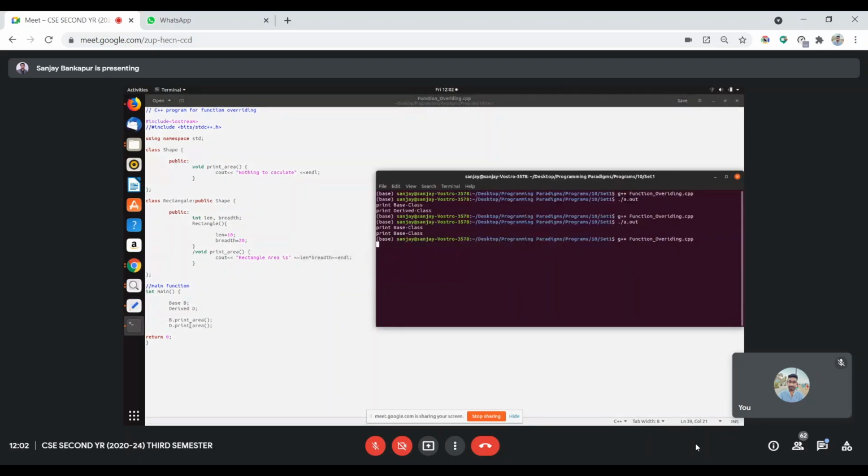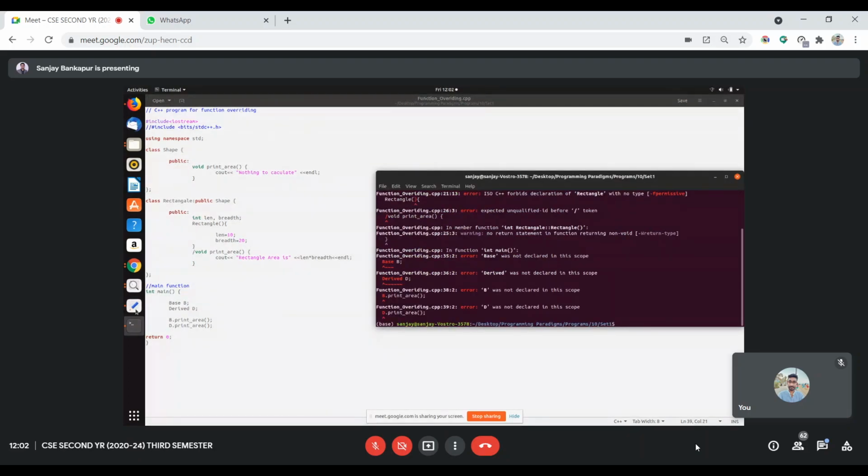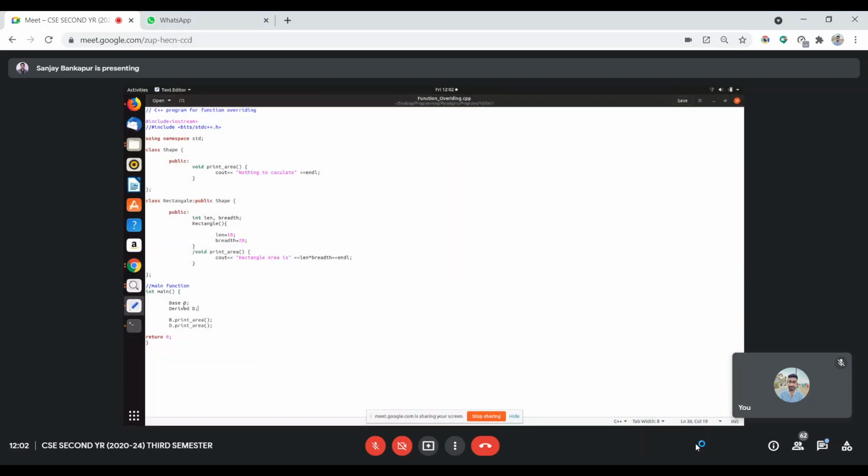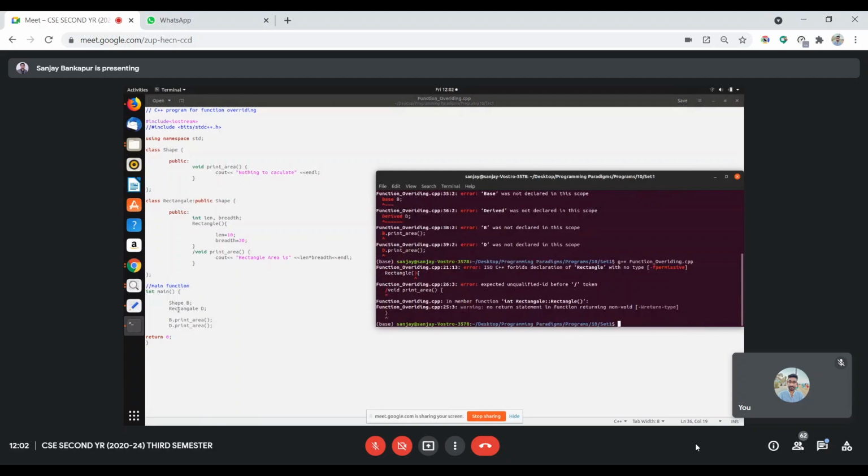Let's see if there are any problems. Yes, there are problems. It is not derived D, it is shape now, and it is rectangle, right? And it says return type, no return type, rectangle.